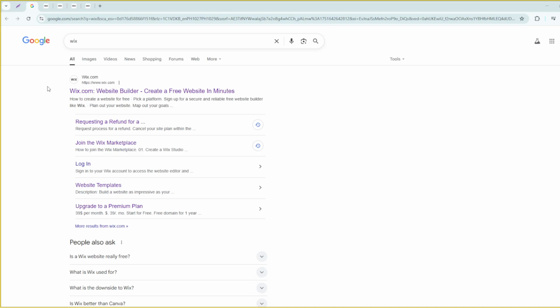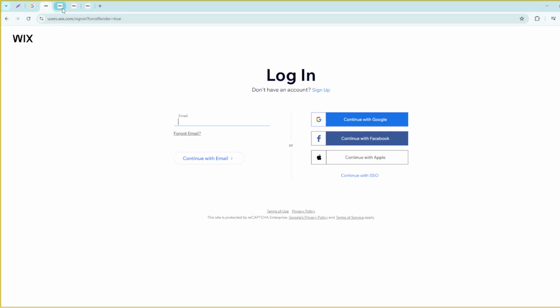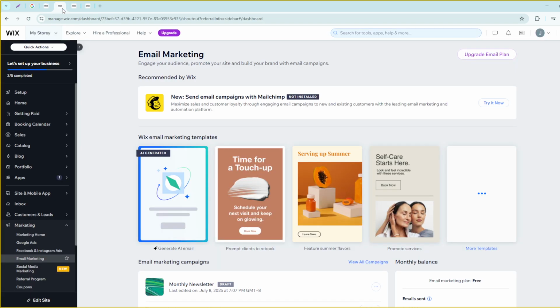The first thing you need to do is log into your Wix account. Once you're signed in, head over to your site's dashboard. This is your command center within Wix and will be your starting point. Now, navigating around this dashboard can seem a bit daunting at first, but with a little exploration, you'll soon find